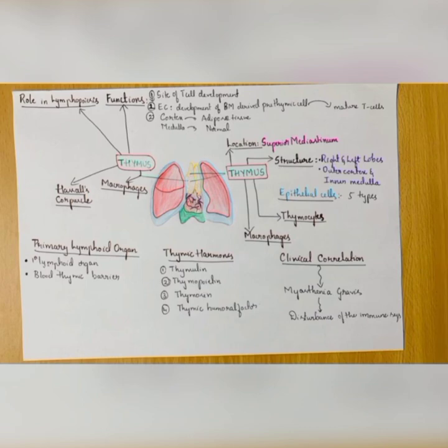Now let's see the clinical correlation. Enlargement of the thymus is often associated with a disease called myasthenia gravis, which we all know. In this condition, there is great weakness of skeletal muscles. In many cases, the thymus is enlarged and there may be a tumor. Removal of the thymus may result in considerable improvement in some cases. So, myasthenia gravis is often considered a disturbance of the immune system, in which antibodies are produced against the receptor proteins, rendering them ineffective. It is an autoimmune disease.